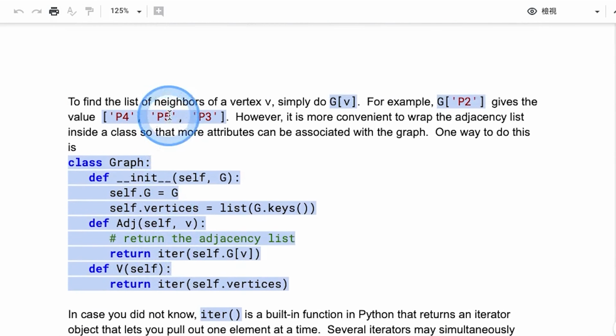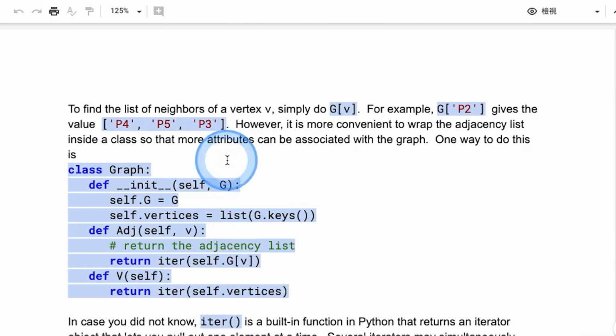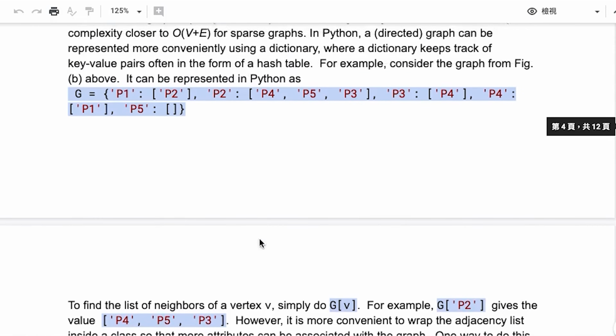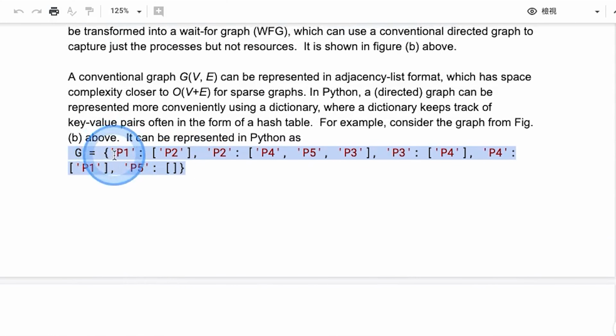So what's a graph? A graph has vertices and edges, right? And how do you represent edges? Do you use an object per edge? No, you don't. You use what's called an adjacency list. So here would be a way to represent a graph. I use a dictionary, where the key is the name of the vertex.